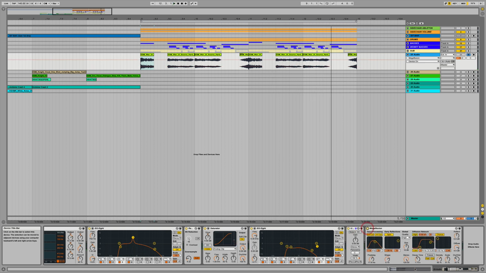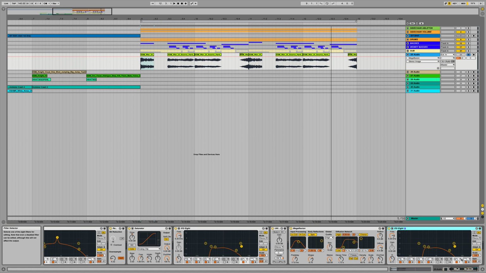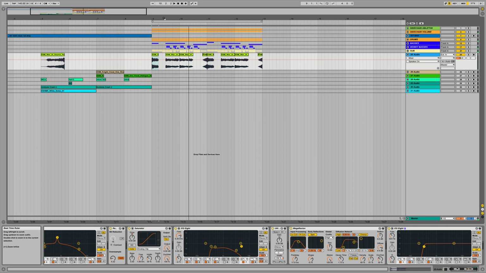And then I added the reverb, this Mega Flexion, and I just put it to 30% and turned the stereo up and kind of filtered the low end. And then I'm gonna actually add one more EQ here, just one to cut off all the bottom. So now when we hear this together,